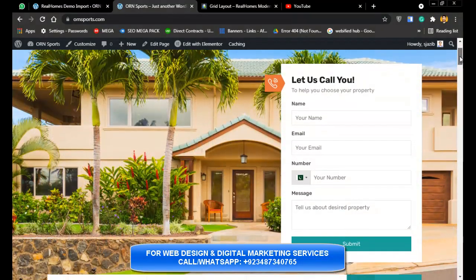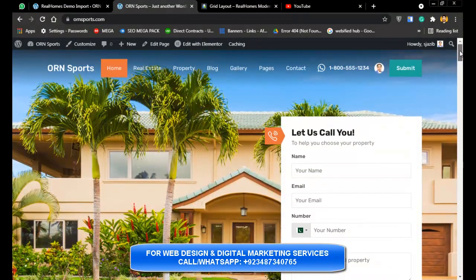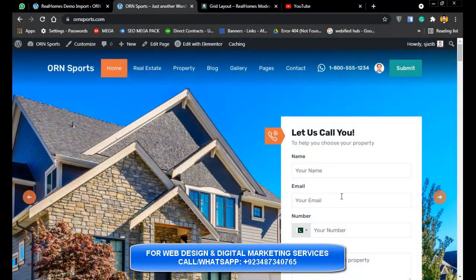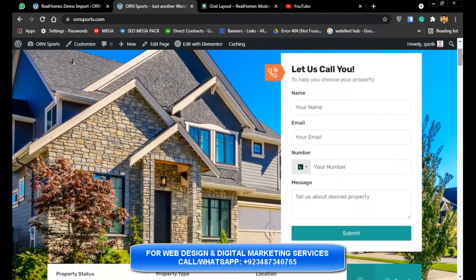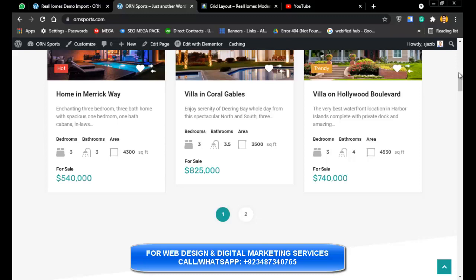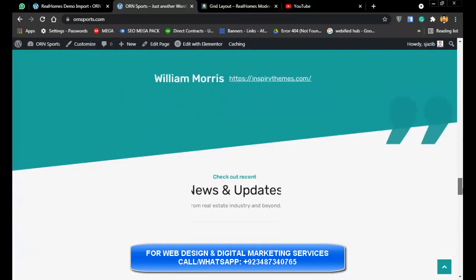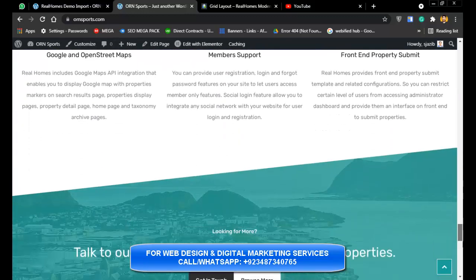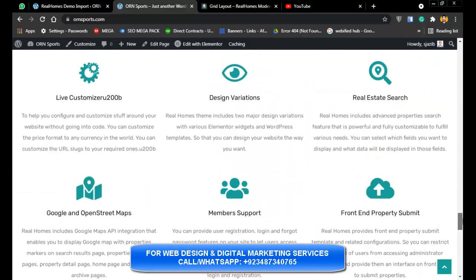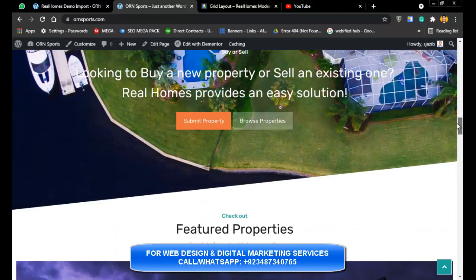Now how to edit this, how to configure all the things that you want to add: your logo, your email, where the data the user enters goes to your email, your properties, your address, your links, and everything of yours. Now how to add that? Let me show you how you can add these things.